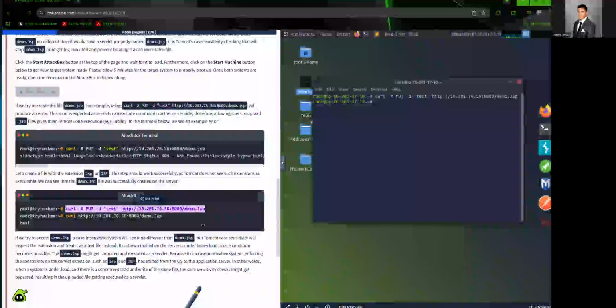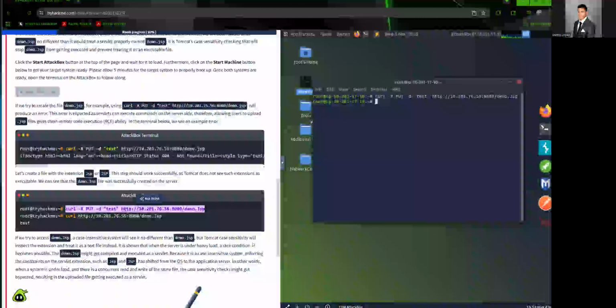If we try to access demo.JSP on a case-insensitive system, we'll see it no differently than demo.jsp, but Tomcat's case-sensitive check will inspect the extension and treat it as a text file instead. It is shown that when the server is under heavy load, a race condition becomes possible.